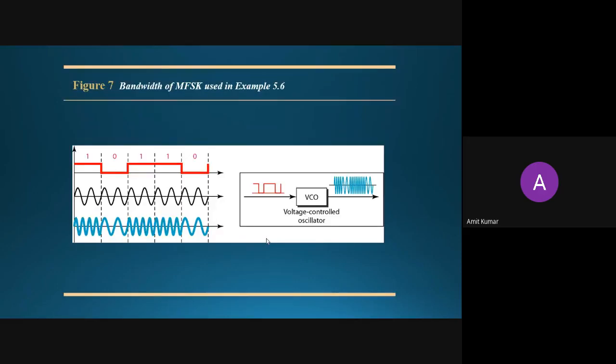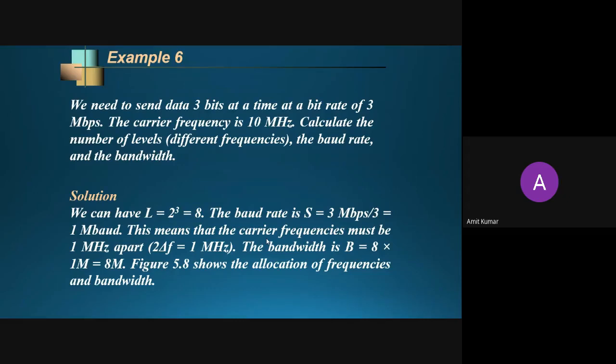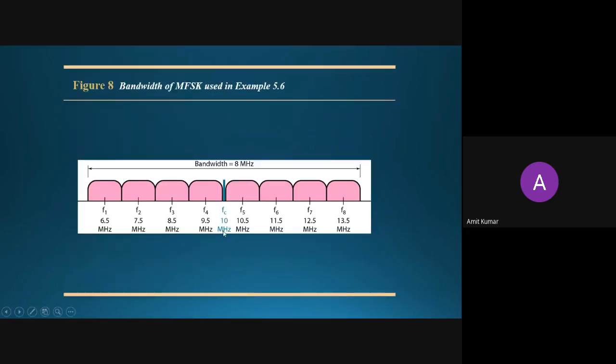So we have calculated the approximate value here. That will be given by 8 multiplied by 1, so that is 8 megahertz. The bandwidth requirement for this signal will be 8 megahertz. So we will see it in the figure. Here you can see the center frequency FC is 10 megahertz. Now every signal will be 1 megahertz apart. So from here to here, a total of 8 megahertz bandwidth is required. You will require this much bandwidth for sending the signal from one place to another. If your bandwidth is less than this, you can't send your whole signal.